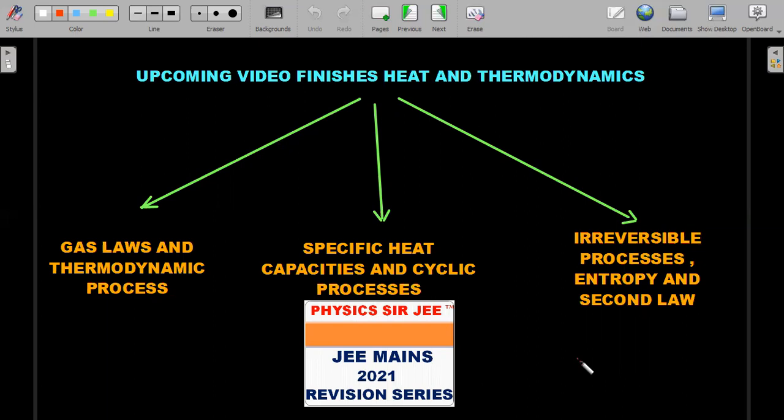That's why I've divided the heat and thermodynamics in three parts. Already we have done thermal properties. We have done KTG now. This is going to finish for sure the heat and thermodynamics completely. So it will be as extensive and even more exhaustive than what I have done here, with more and more practice problems for all the cadres of the students, both JEE mains, advanced and Olympiads, so that students are not just learning it for the exam, but also are able to visualize this topic. Very difficult topic to visualize because a lot of things we can't see in this, but we can actually feel